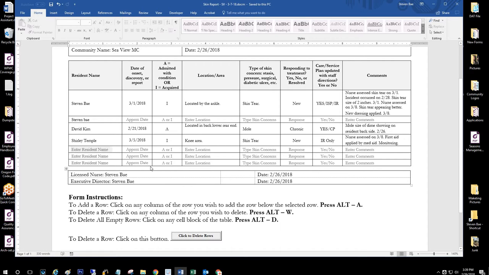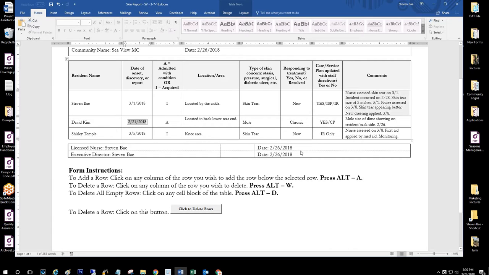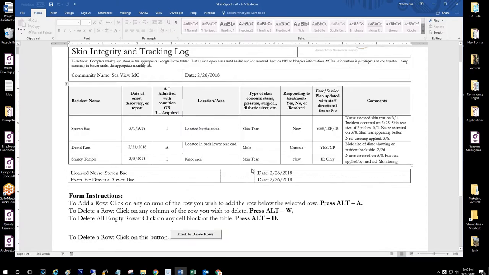Okay. Want to remove all these empty blanks here, so you want to press Alt-D to remove all those lines there. This line did not remove, even though these lines were blank. However, you've got some content in here, so by pressing Alt-D, it will not be removed. But if you use your cursor on any of the columns of that row, and you want to remove this line item here, you press Alt-W, and that row will instantly disappear. So now you've got a clean report here, and